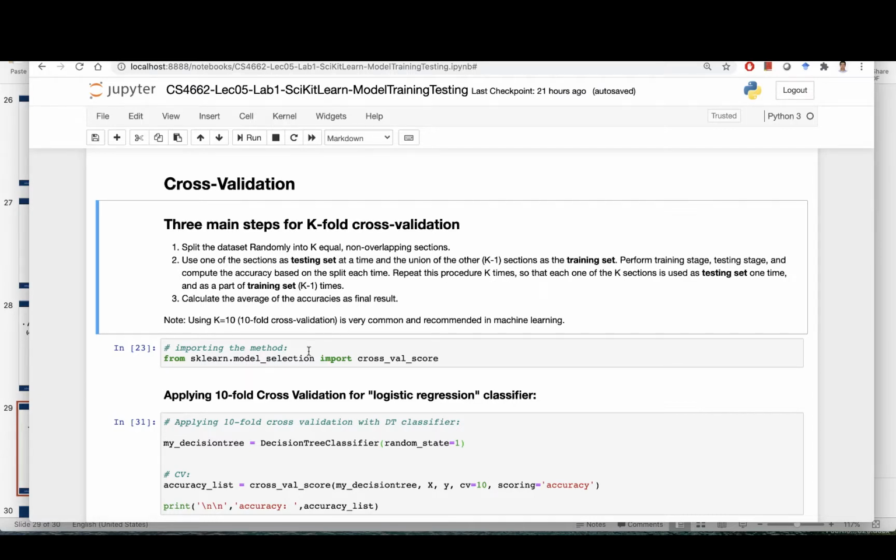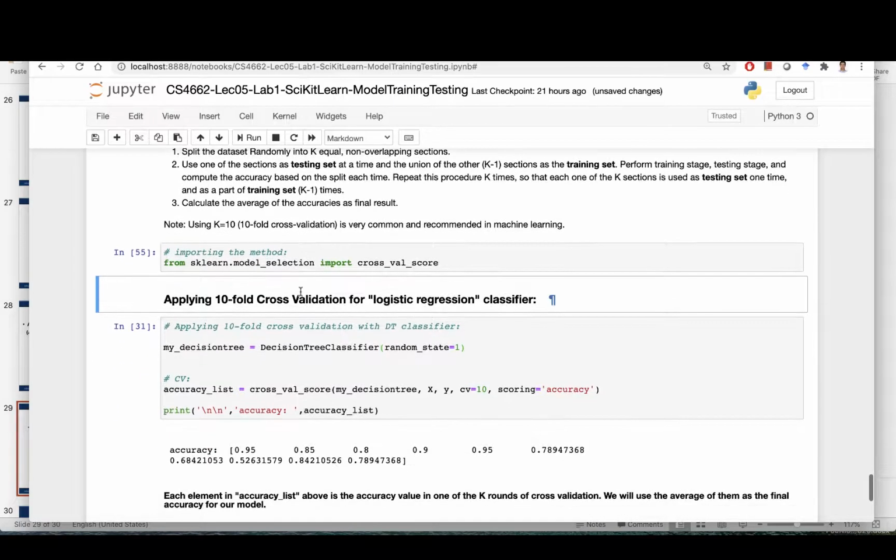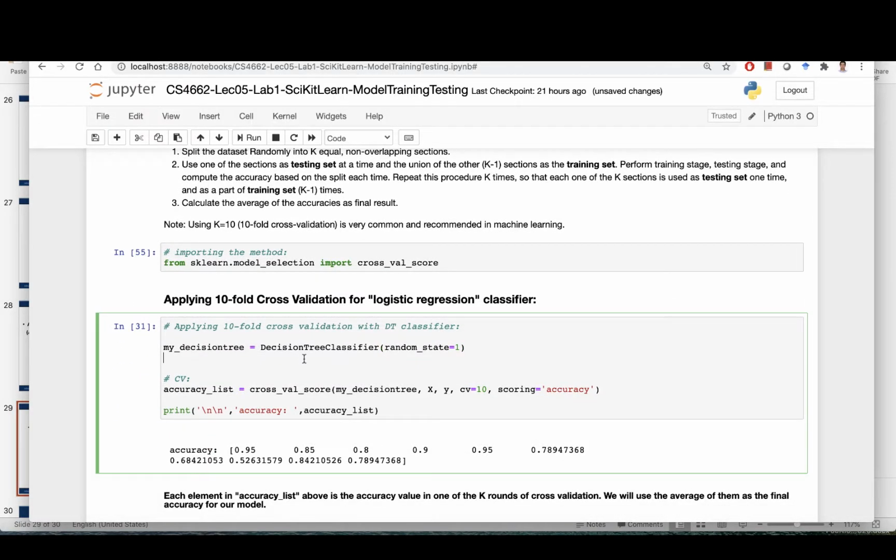To do that, again, scikit-learn has functions for that. So cross_val_score, I import that, and then here I defined my decision tree classifier,